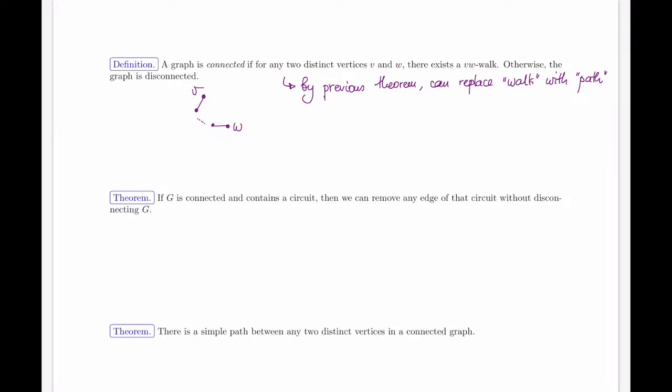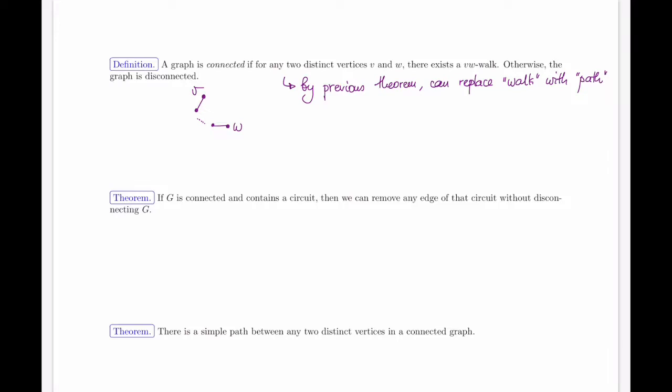So it's one of the most efficient ways. It doesn't say the shortest possible path, but the lack of repetition at least means it's not the longest walk. I wasn't going for a complete stroll all the way around the graph either. Now, if no such thing exists, it means that the graph is disconnected.